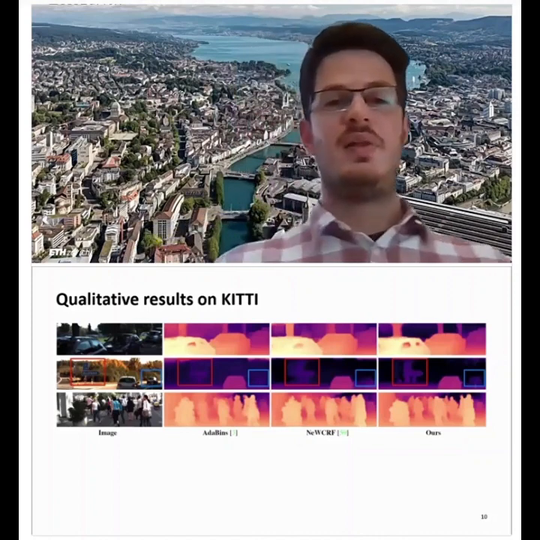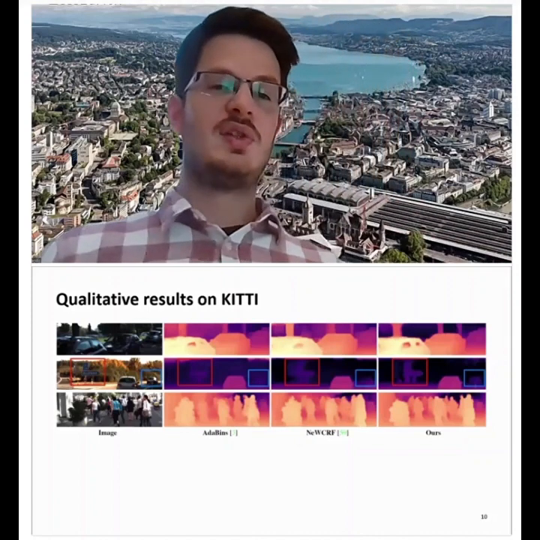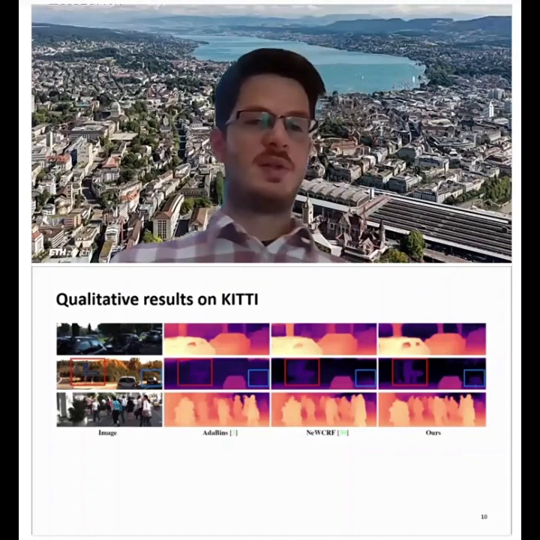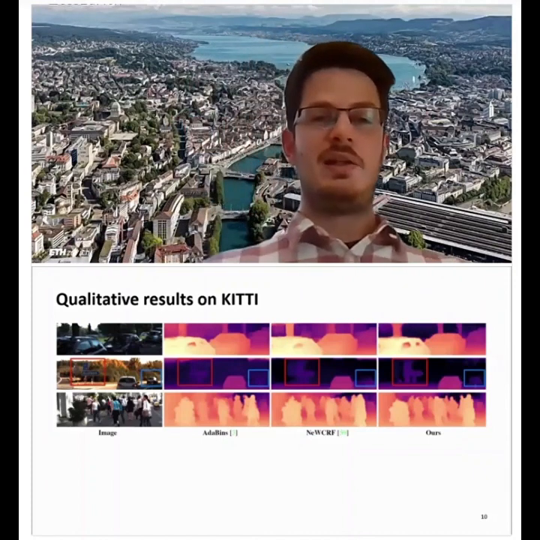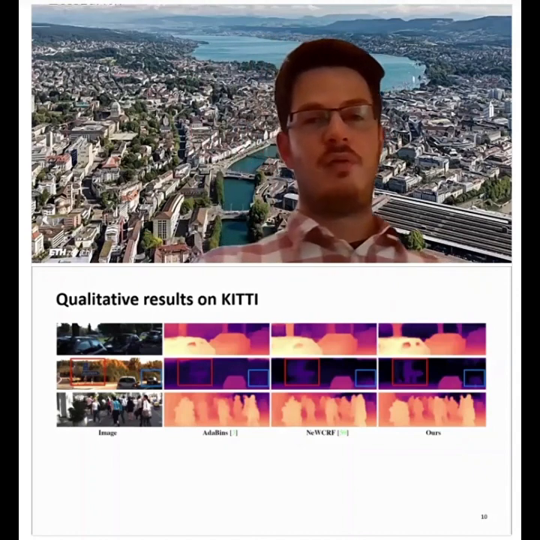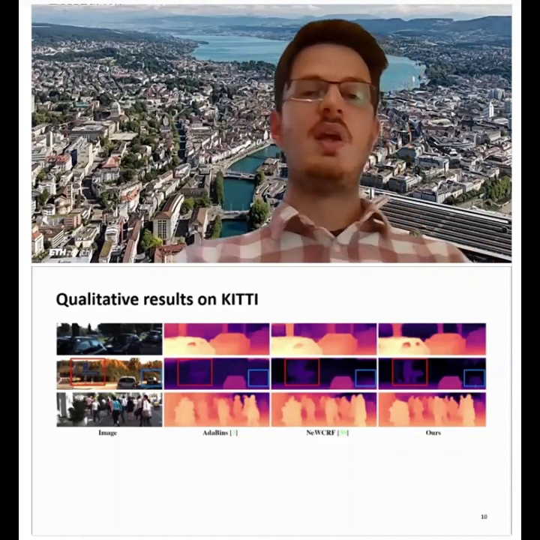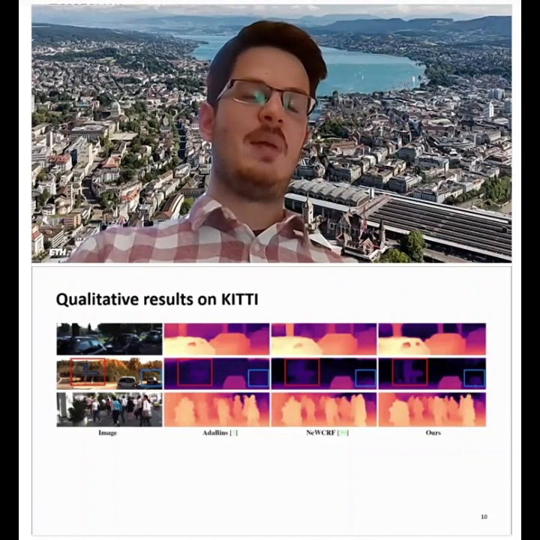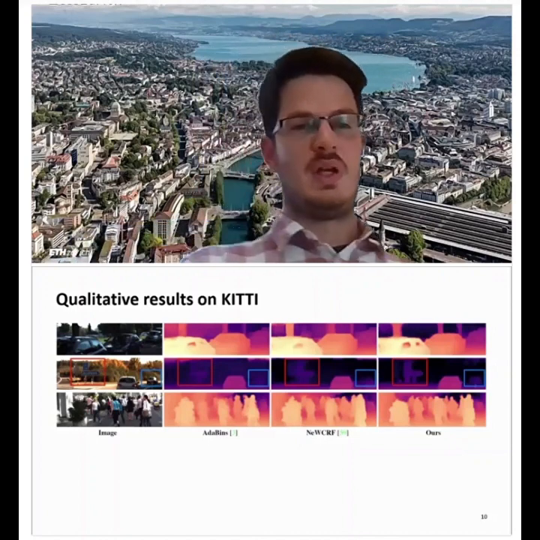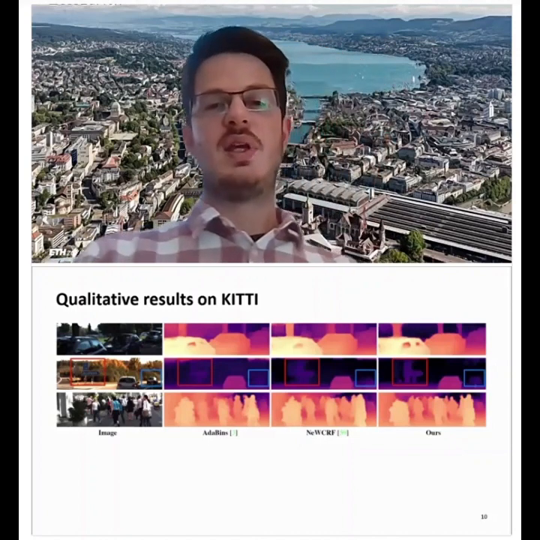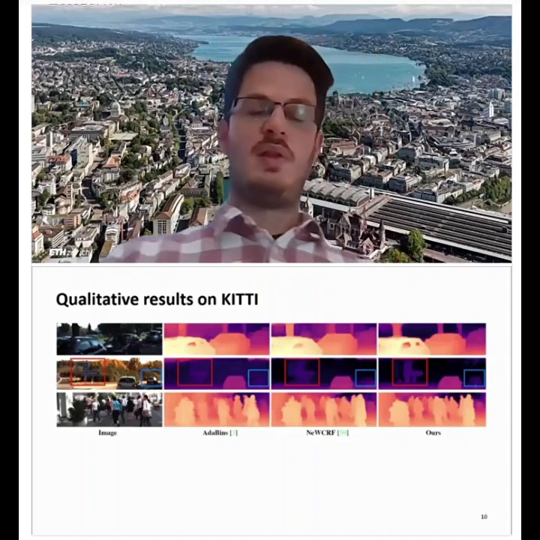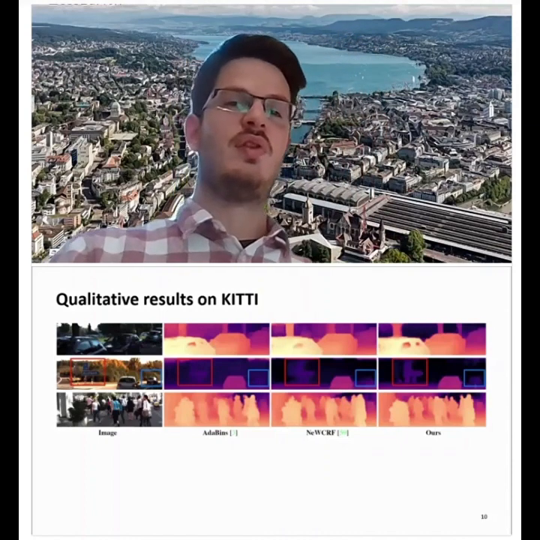You can see that other recent state-of-the-art competing approaches are not that successful in distinguishing the different depth values for the various pedestrians. The colors of the pedestrians in the depth maps are more uniform across the different instances of this class, whereas in our case, we are able to distinguish the distance for each pedestrian in the crowd.